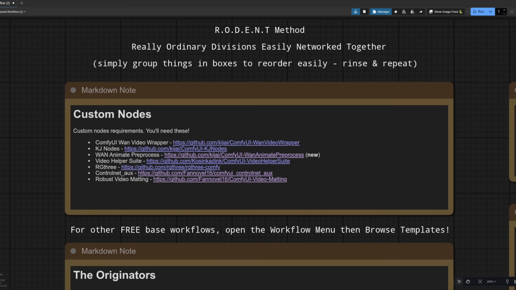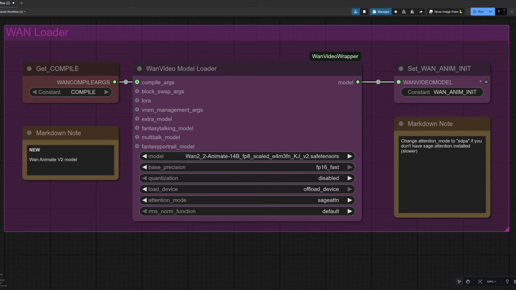Those familiar with the channel will know I like to use what I call the Rodent method. This is because I think neatly crafted workflows are both easier to use and to update as well. Lots of lovely boxes means things are more like building blocks with less clutter, as well as better focus on each component. As mentioned, it's changes only in this video, and the first one isn't so much of a change